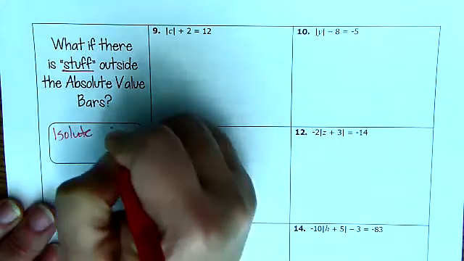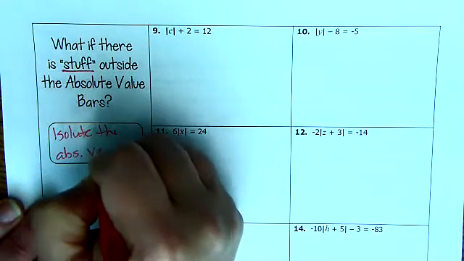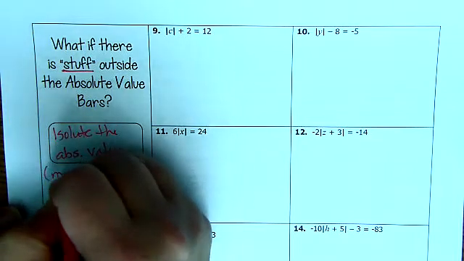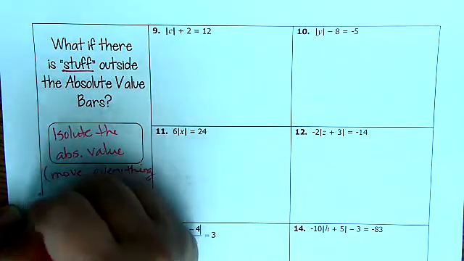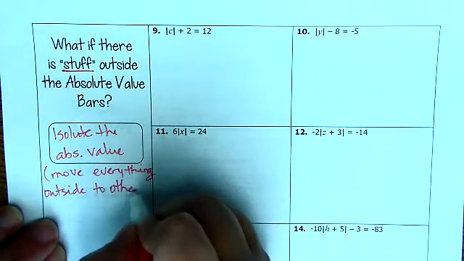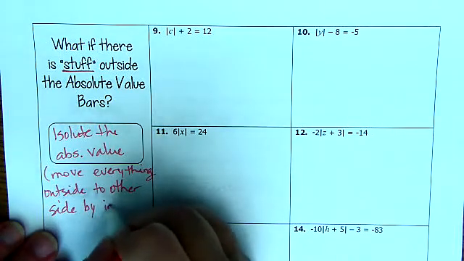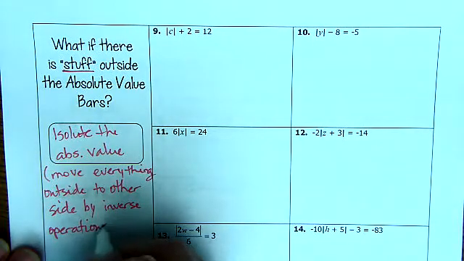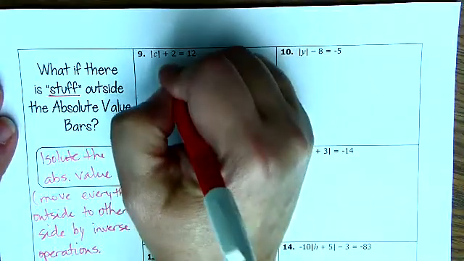Isolate the absolute value, which means move everything outside to the other side by inverse operations. Solving the equation. All right, so the first thing I got to do here for number 9 is subtract 2